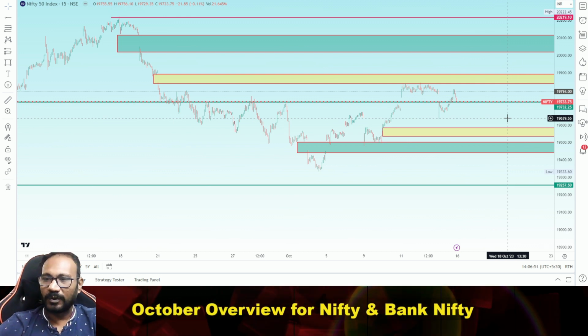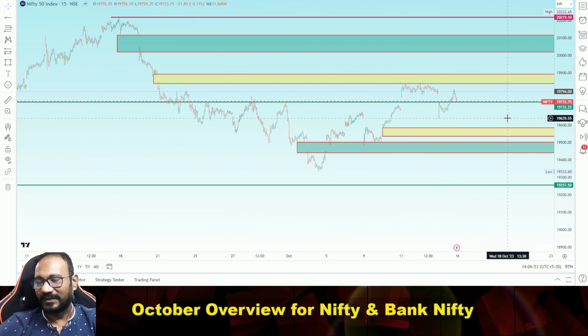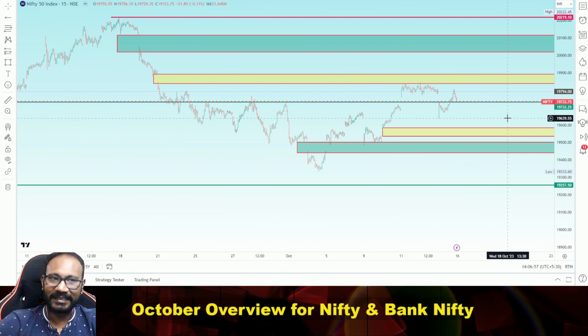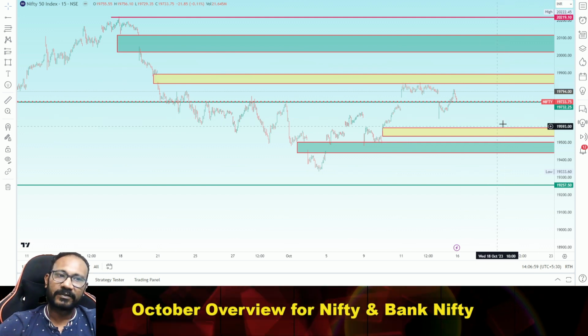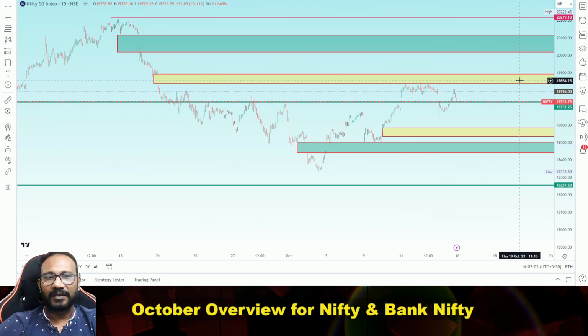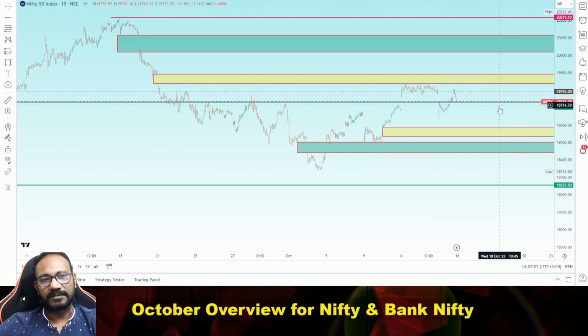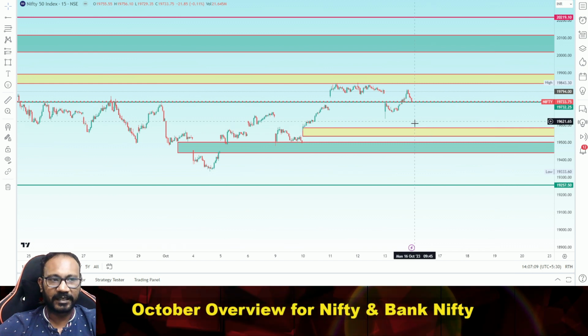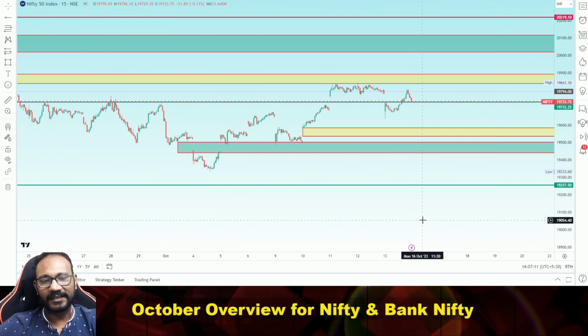Whether it's going to be bullish or bearish, that decision will be made in due course of time. Until then, I don't see the market clearing these two extremes. And then once it clears one of the levels, like in Bank Nifty, I'm expecting the market to clear on the downside,